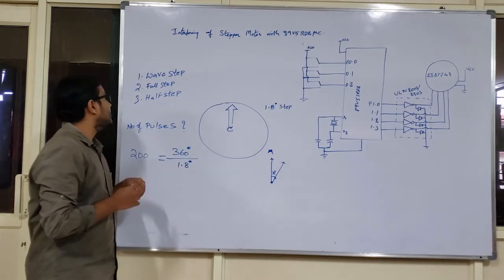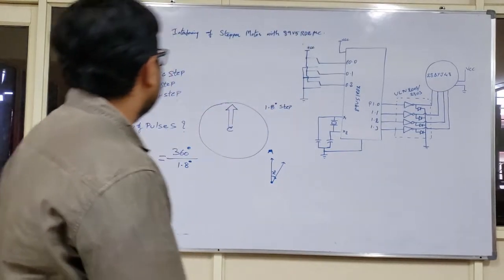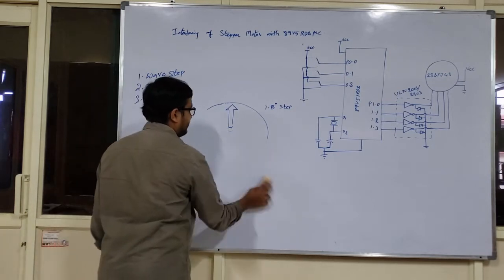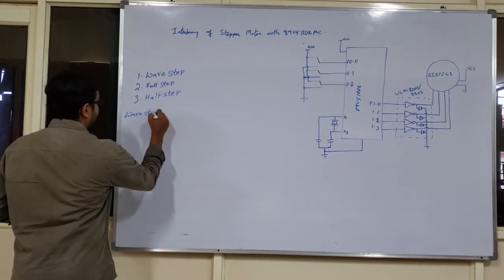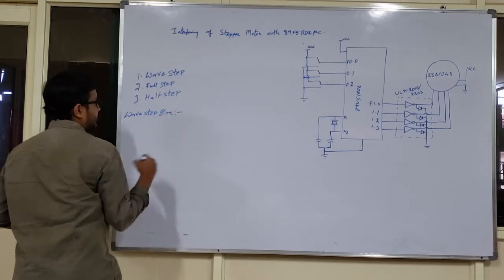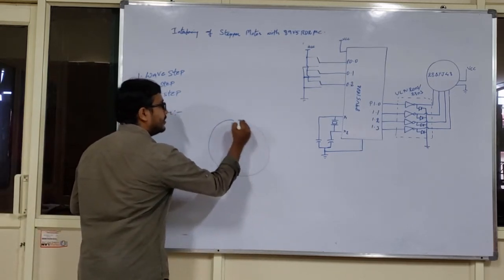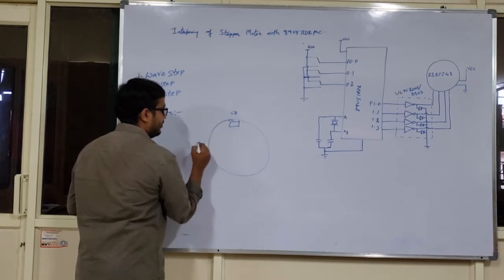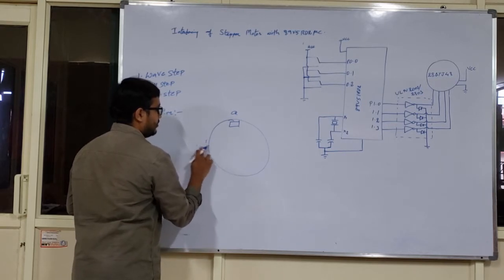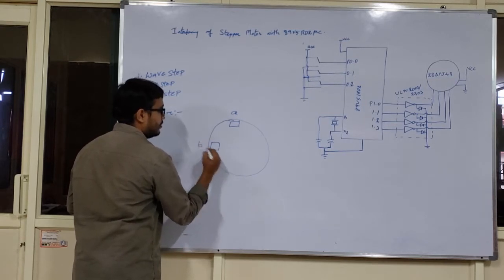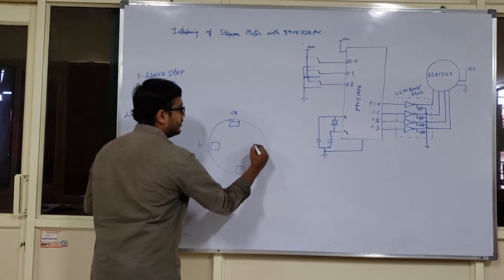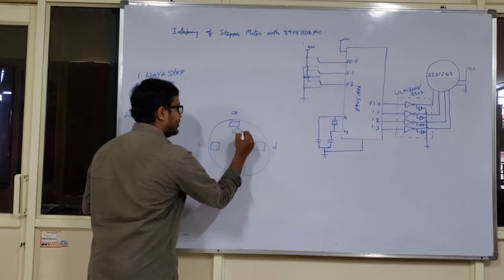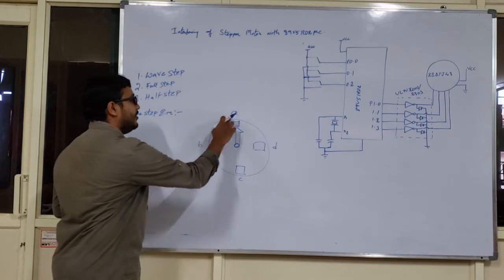So, wave step, full step and half step. What is the description for all three excitation modes? We will see now. So, in the wave step excitation mode, let me assume I am having a stepper motor which is having 4 phases, like this is phase A, phase B, and this is my phase C, and this is phase D. I will be having a shaft pointing initially to the position A or phase A.